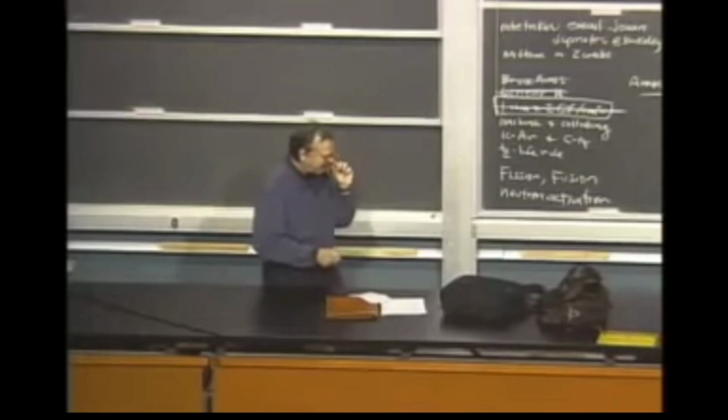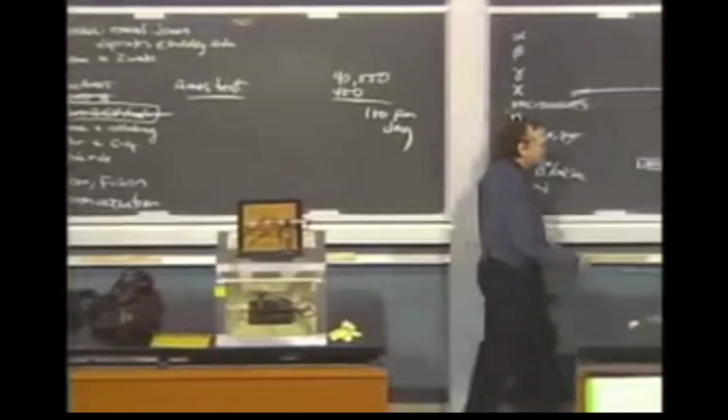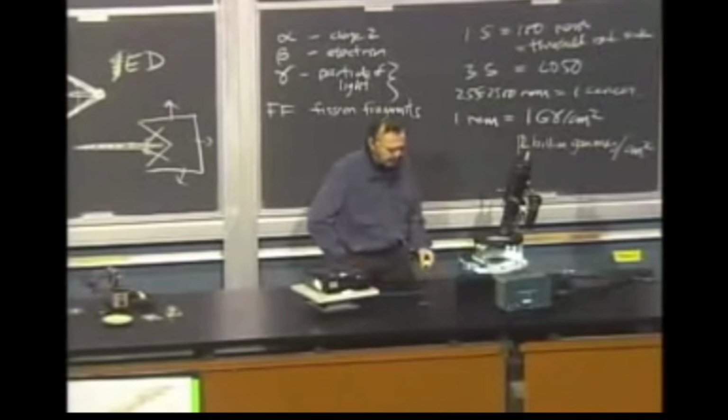Now let's talk about this radiation. What is it? What are these things? We have this cloud chamber here, and let's see how this is doing. So remember how a cloud chamber works? Let's focus in on the cloud chamber, and I'll look at the projection up here. And I wonder if I could...